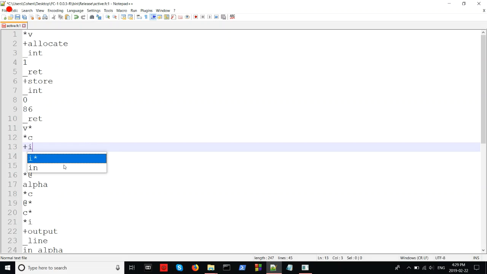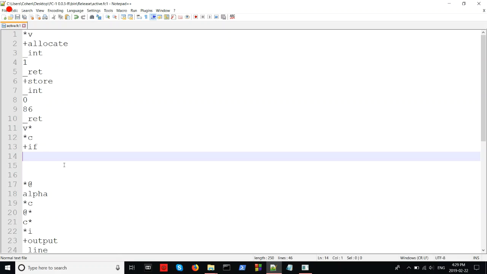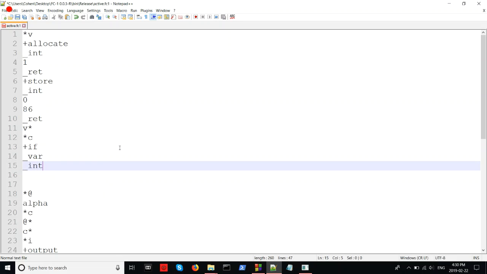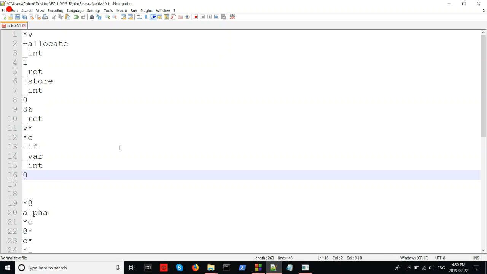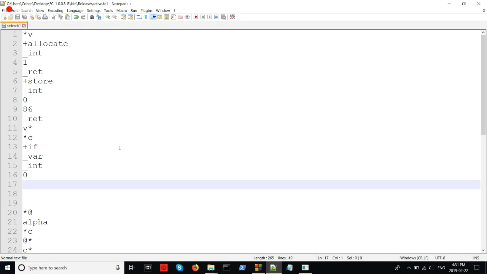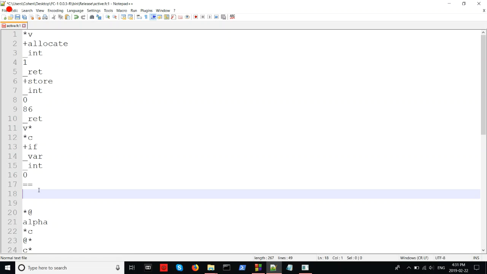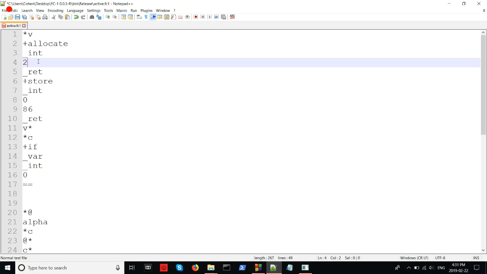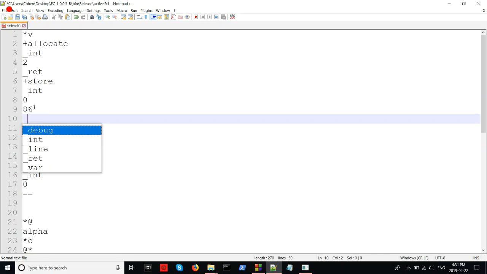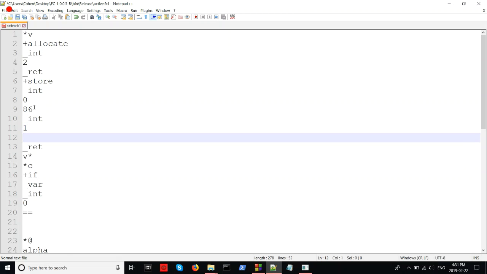We're going to say plus if, and we're going to write an if statement in the FC1 way. So I'm going to say if, and then I'm going to specify a type of if. Underscore var, and then we're going to specify the type of var, and we're going to say int. We're going to say int var 0, and now we have a whole host of things we can do. But in this case, we're going to just use two equal signs. If variable int is equal to, and now we're going to have to specify another type. So I'm going to bump this up to 2. I'm going to store here underscore int 1 is equal to